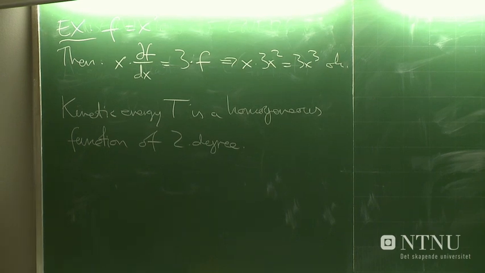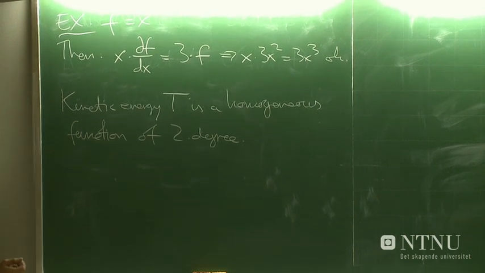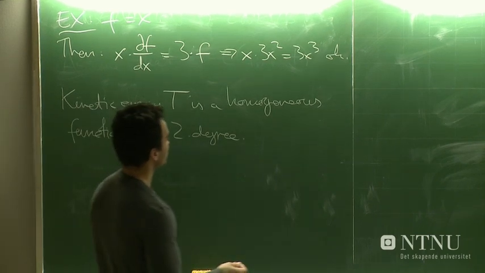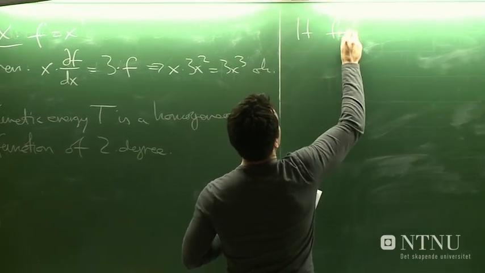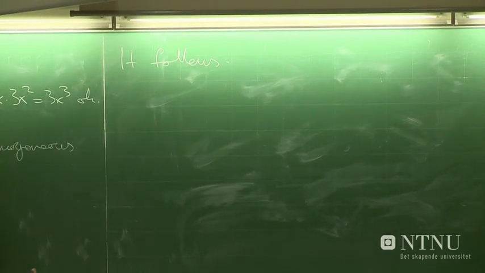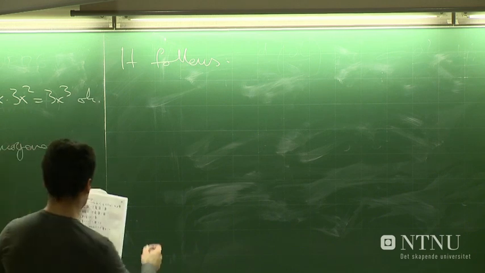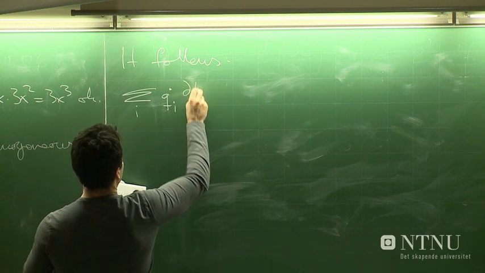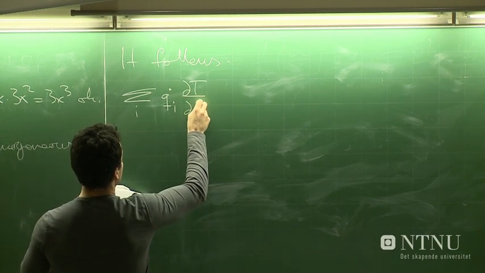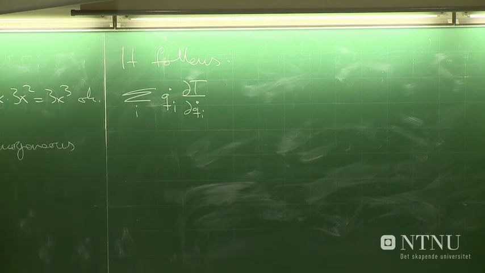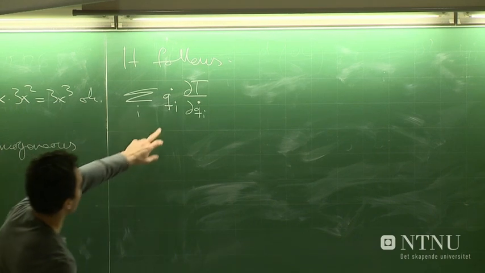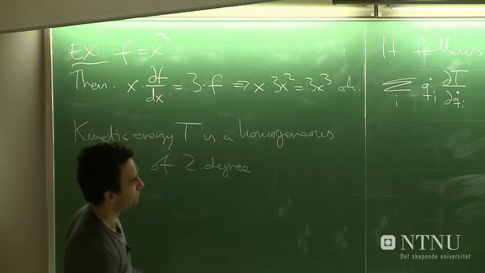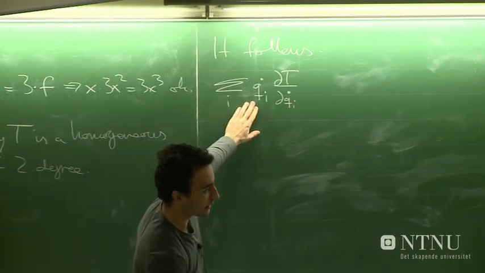Because the kinetic energy is essentially 1/2 mass velocity squared, let's use Euler's theorem on the kinetic energy. Keep in mind that the kinetic energy is second order in the velocities, or the time derivatives of the generalized coordinates. So the q's play the role of x in this example. So this is the left-hand side. So we should get